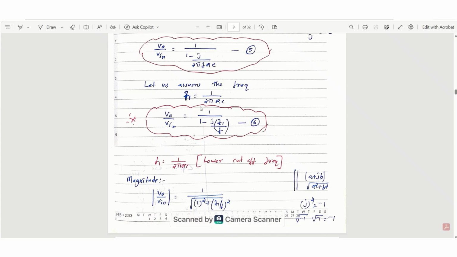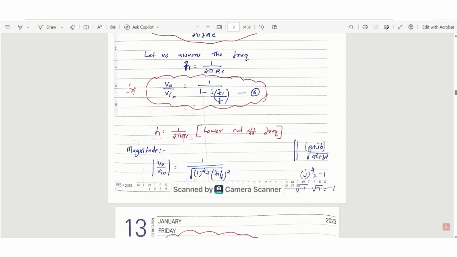In this expression, the denominator consists of a complex number, that is a real plus an imaginary term. The magnitude of any complex number a plus or minus jb is the square root of a square plus b square. By applying this magnitude function to find the magnitude of gain, V0 by Vin equals 1 divided by the square root of 1 plus F1 by F